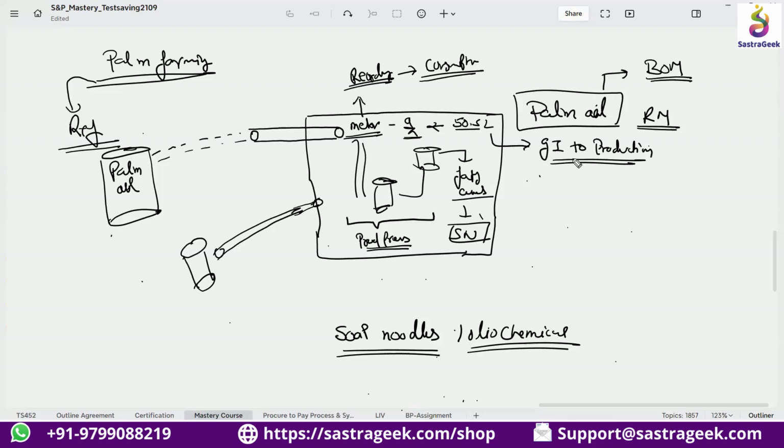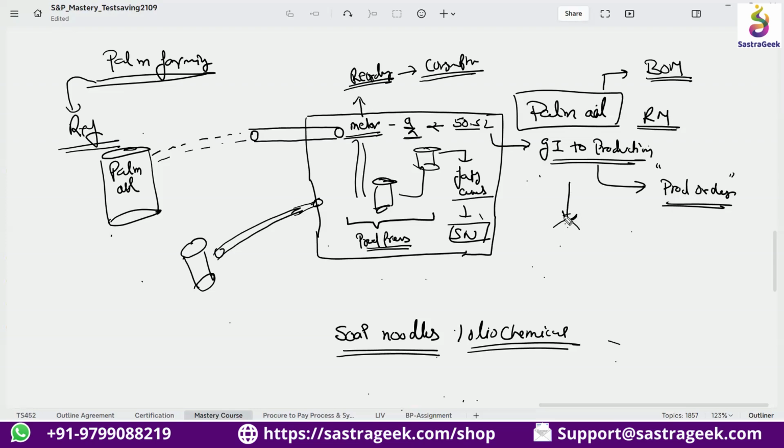He will do the goods issue to production, and that would be directly issued to the production order, which will become a cost element for it. Based on this goods issue, you would have all the recordings of which production order exactly this palm oil has been used in.